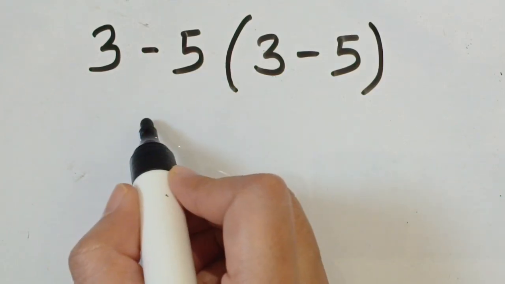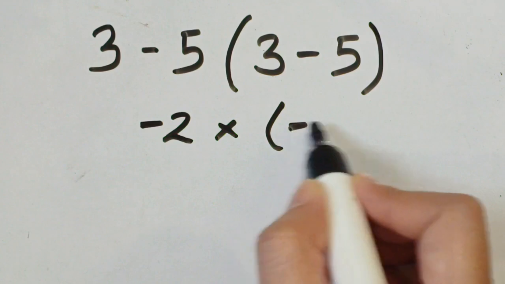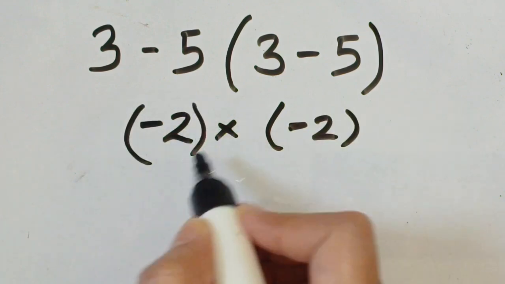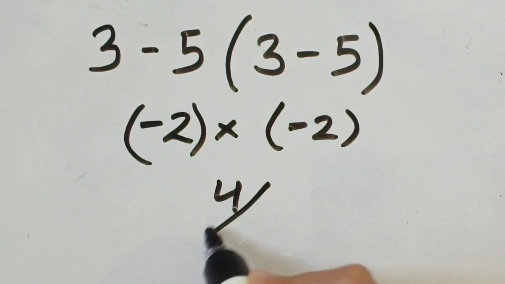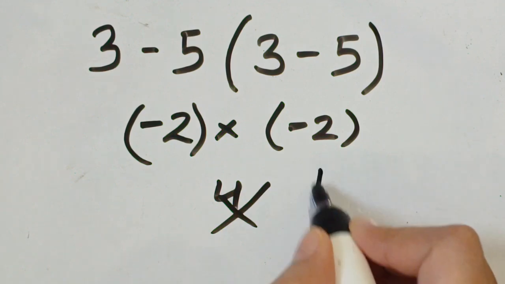3 minus 5, which is minus 2, times 3 minus 5 minus 2. So here comes 4. But this is the wrong value, because according to order of operation, which is PEMDAS,